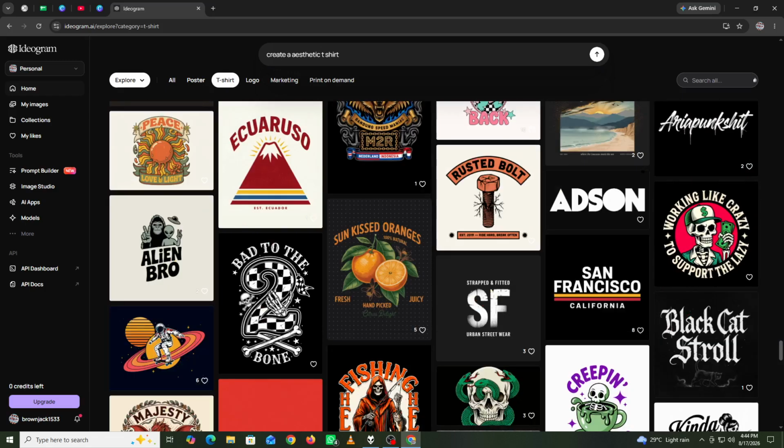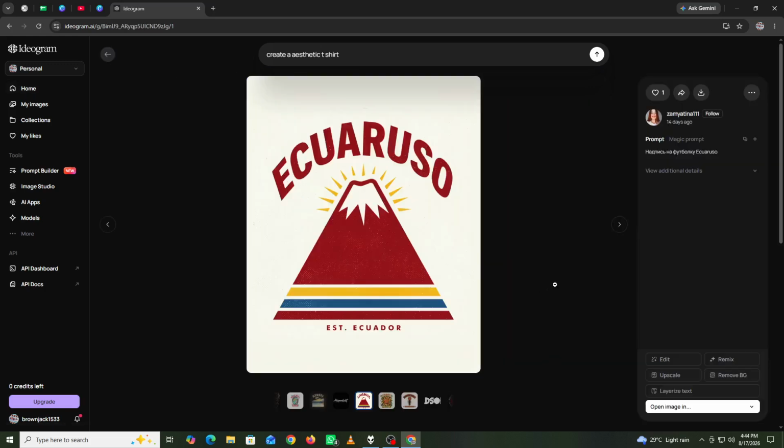After that, download the design and, if necessary, remove the background or prepare the artwork in a graphics editor before placing it onto a t-shirt mockup. Finally, review the design at the size you plan to print and make sure all important details are clear. And that's how you can design t-shirt graphics with